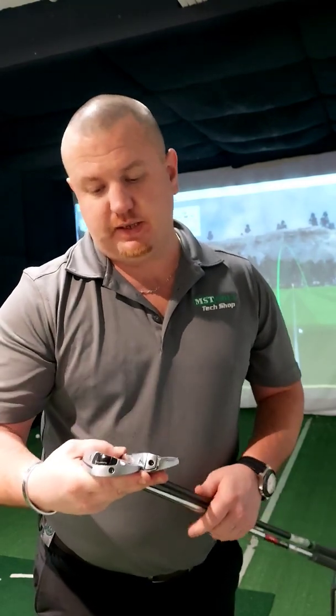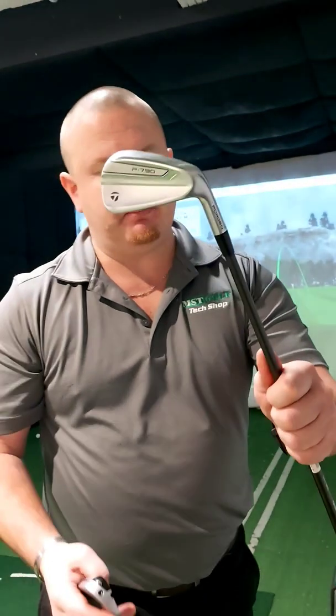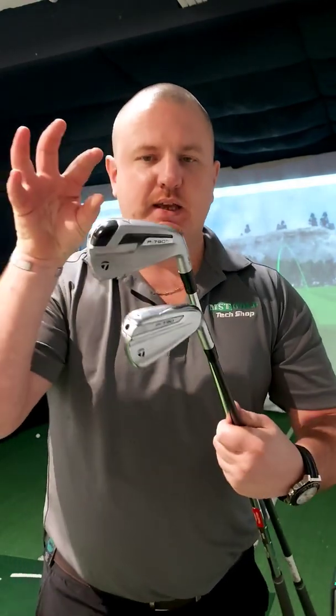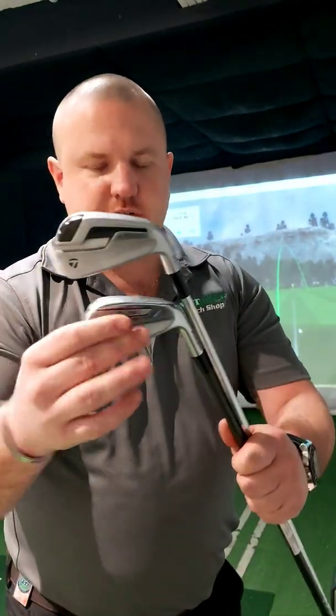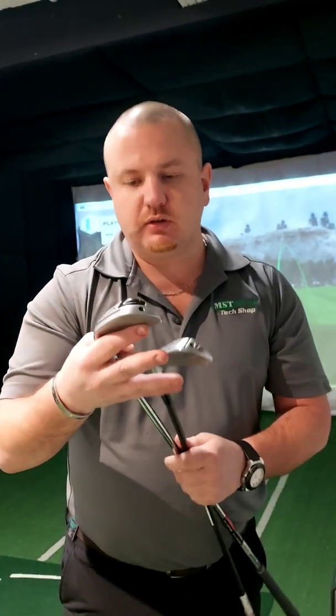Awesome iron. I think it's going to do really well in this category. Obviously this would still be their bread and butter, but for the guy who's looking at something in terms of an iron design, this is doing everything in the iron's power to make the ball go further, if distance is a particular guy's be all and end all. So it's a beefed up version of the P790, bigger head, wider audience, still looks nice and compact. So for the guys who